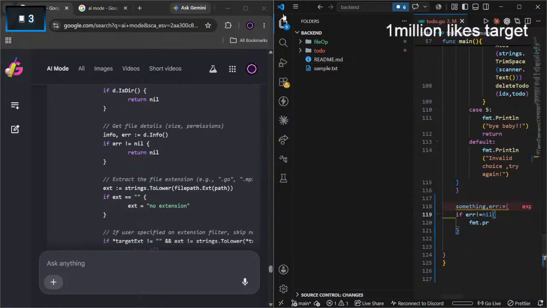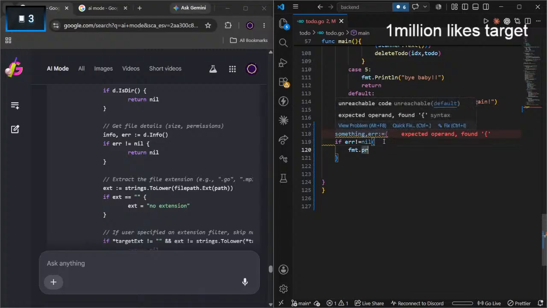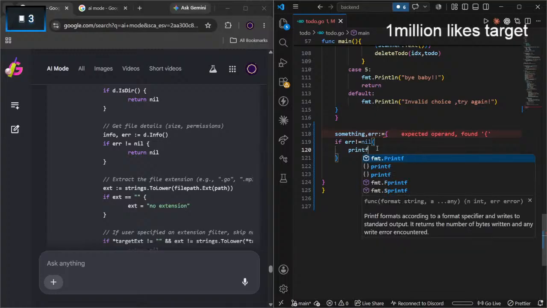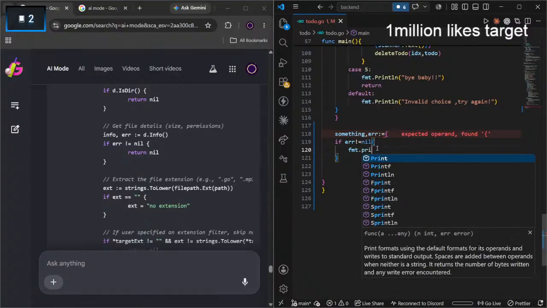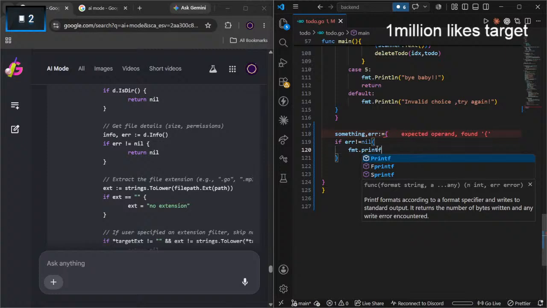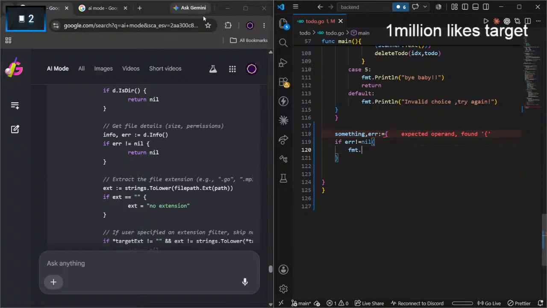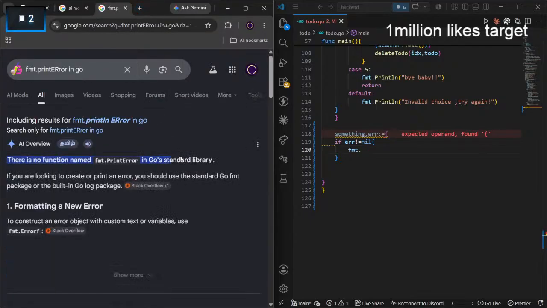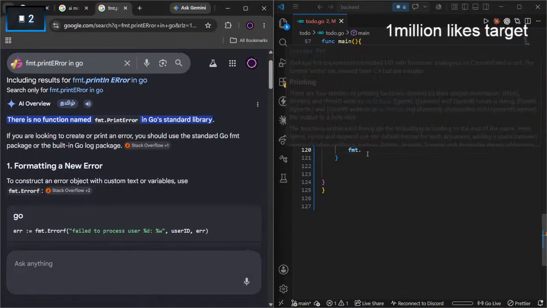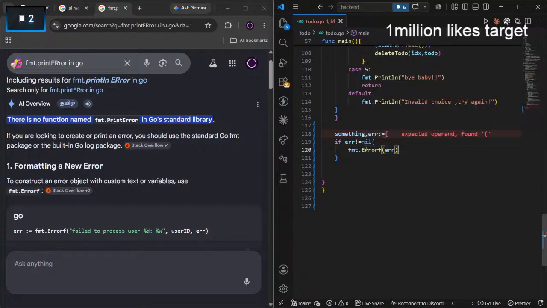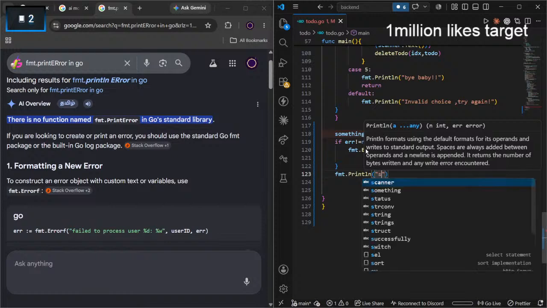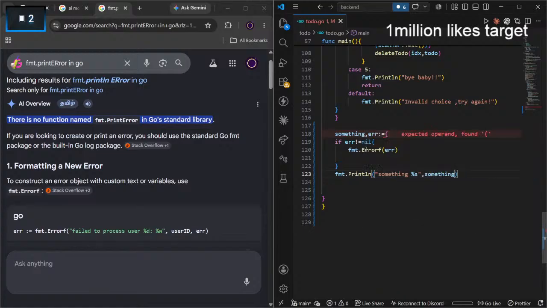There you go. We have fmt.Printf with the error. The value is going to be a string type. Here we go, we have handled the error.